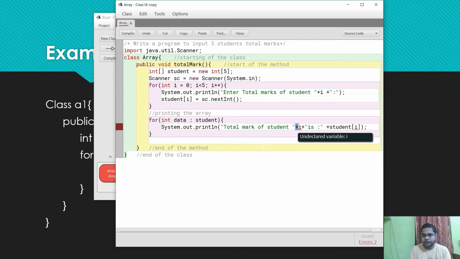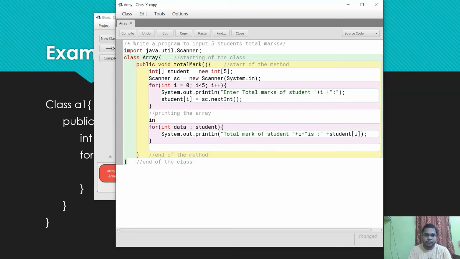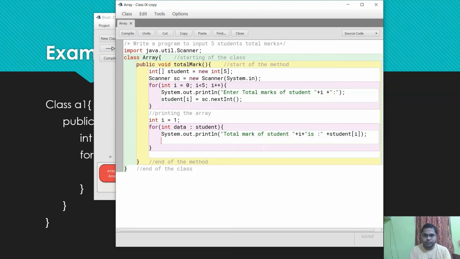Now in System.out.println, total mark of student. We can't write i like this, because here I did not define any i value. If you want to write the i value, then you have to declare one variable before, with i equal to, let's take 1, and inside the loop I take i plus plus.